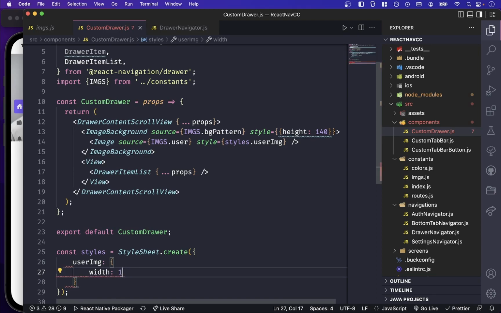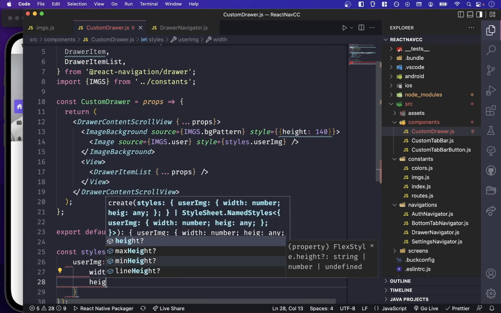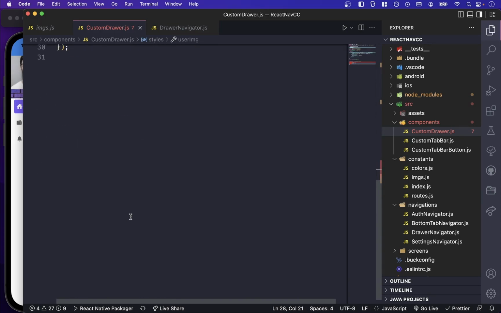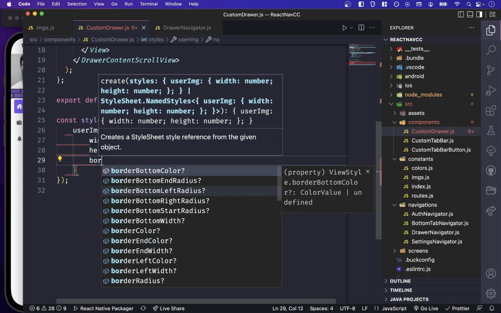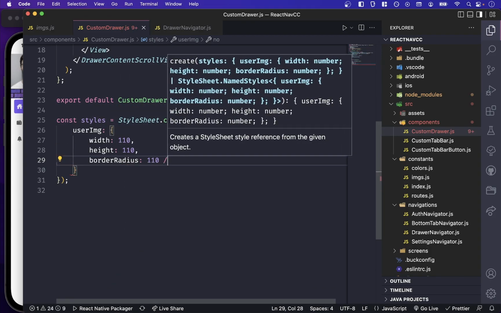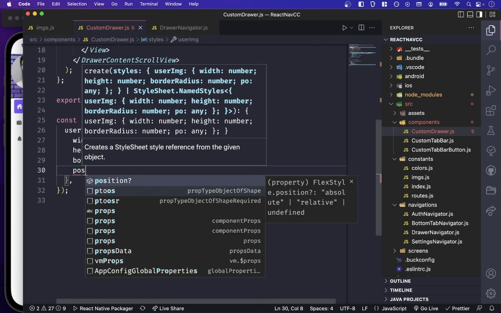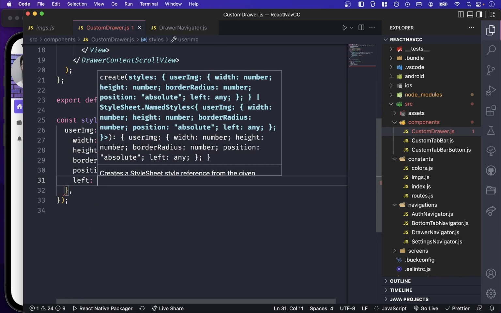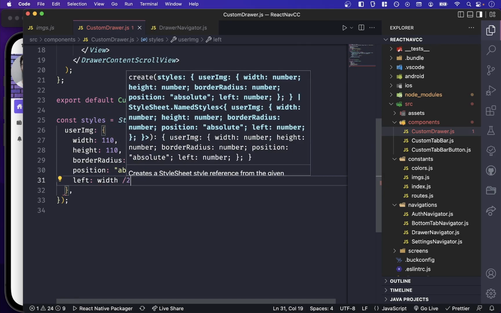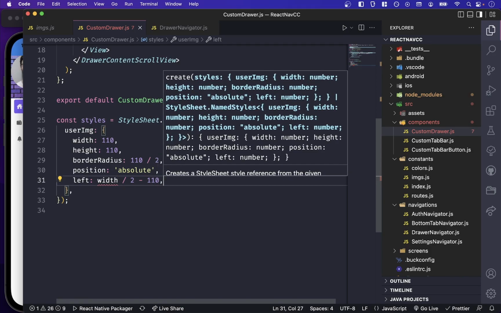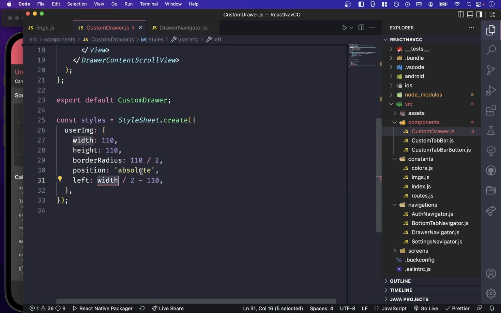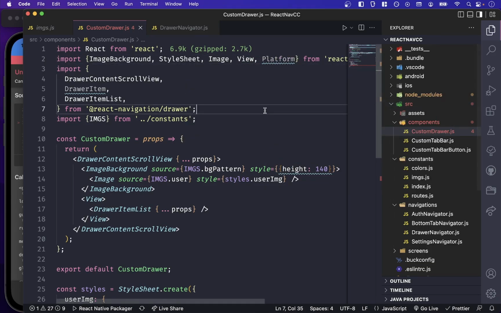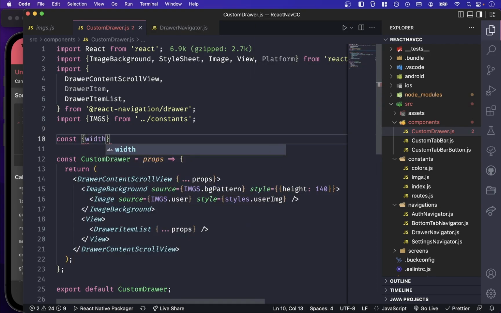It's going to have a width of like 110. It's going to have a height of 110. Then let's also make this rounded, so it has a border radius of 110 divided by 2, and that's also going to have a position of absolute. In this case, from the left, it's going to have that width divided by 2, negative 110. So we need to import this width. So to get the width of this screen, we're going to have to import the platform, and then down here const width, that's equal to